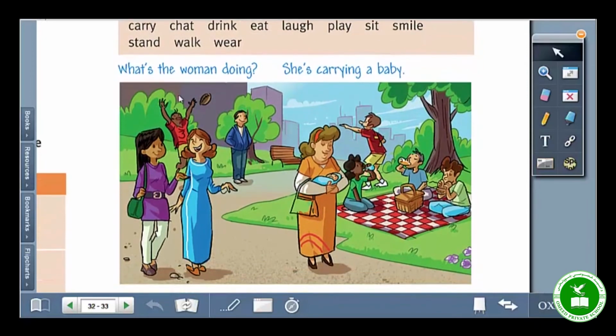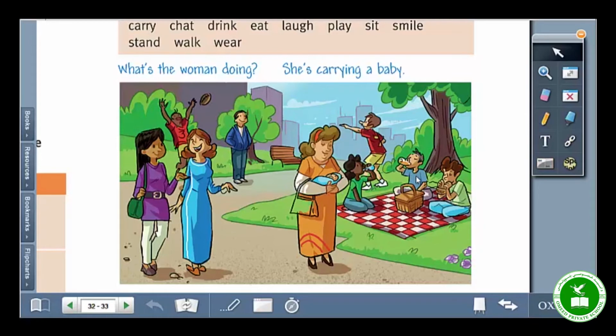This is the example. What's the woman doing? This woman, what's she doing? She is carrying a baby. What's she doing? She is carrying a baby. Okay? Another example. What's